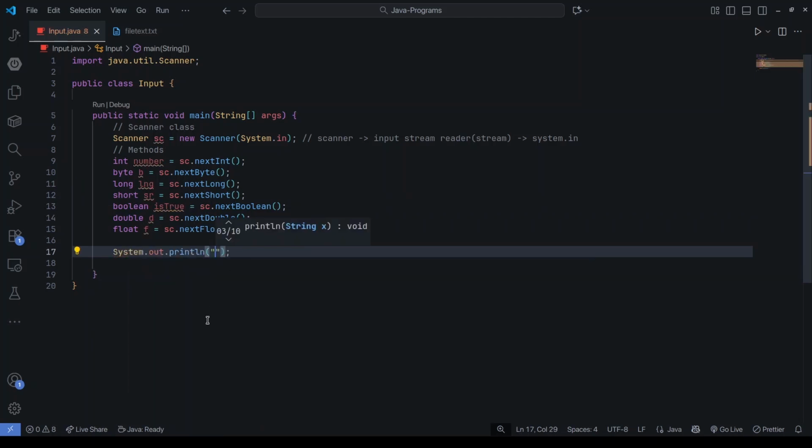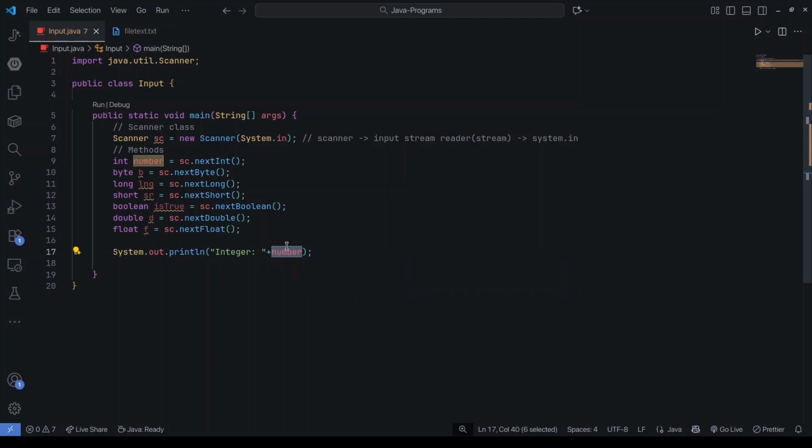And I want to show you how to concatenate a variable with a string. For example, you might want to say integer here, then print that number that you input. So you can do number. And what this plus sign here does is that it will convert this variable into a string, and then it will join it with this string, and at the end it will be one uniform string,